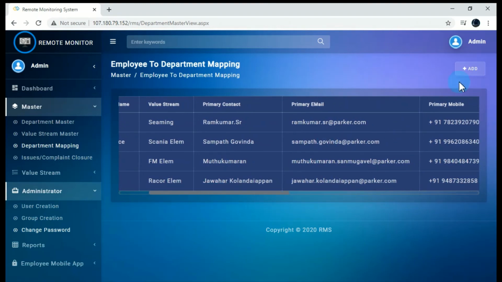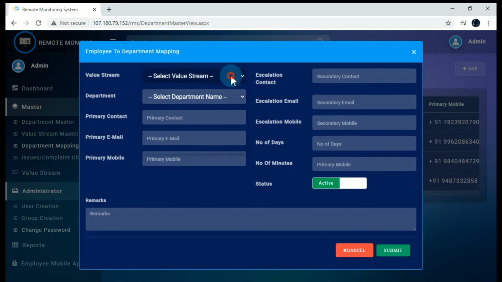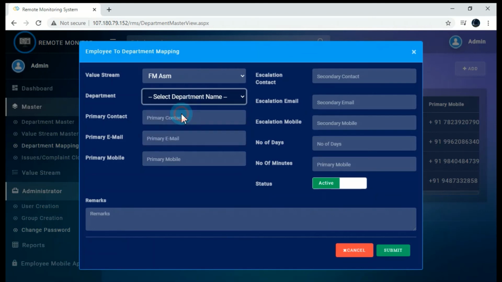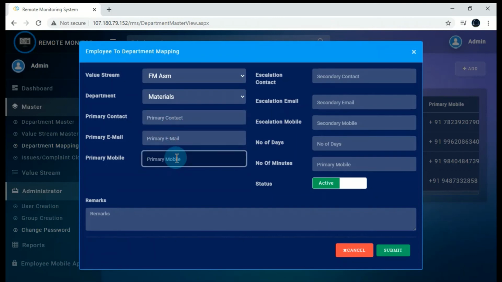Let me show you the details. You have to select the value stream and the department for it, and the primary contact name, email ID, and phone number of the primary contact.